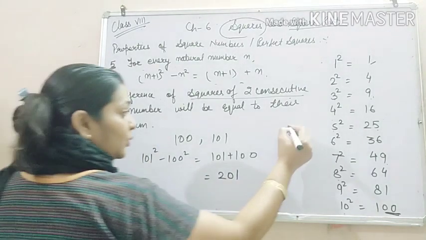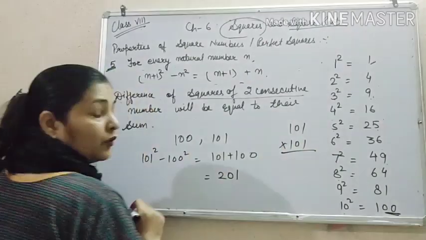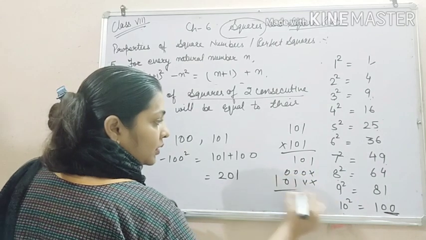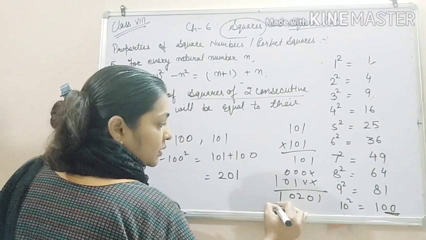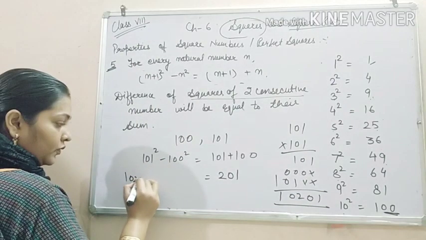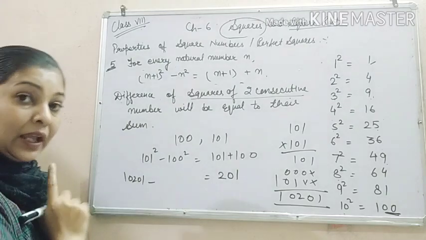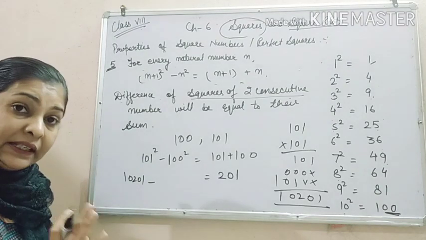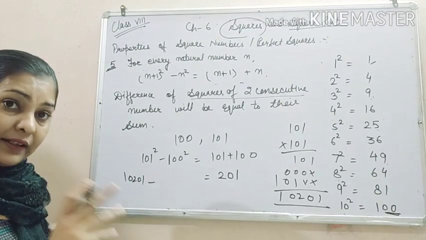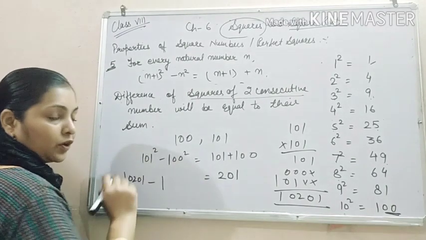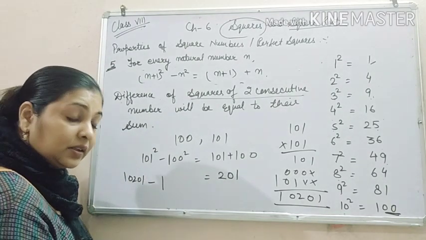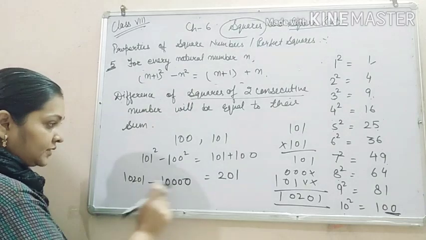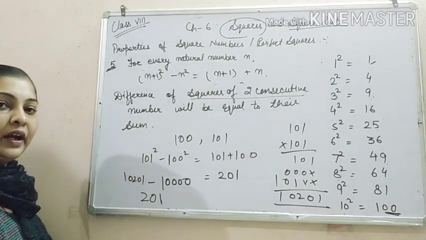For this, I have to find the square of the number 101. Find it out. It will be 10201, and this you can directly do. Let me tell you a trick. Whenever you have to find the square of any multiple of 10, what you have to do? Just double the number of zeros. There are 2 zeros, it will be 4 zeros. Subtract them. Your answer will be 201.